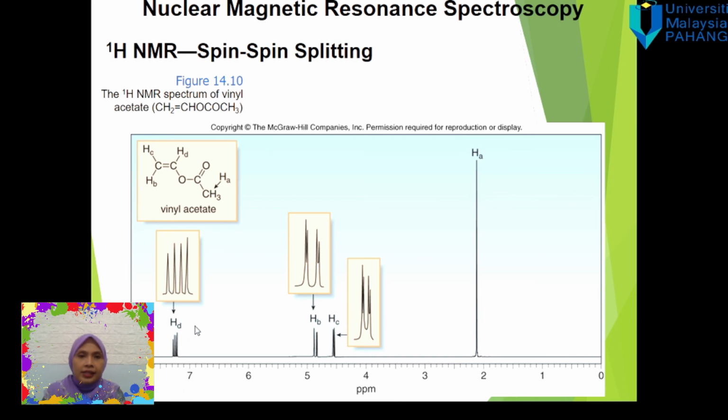And this is again an example for the splitting pattern. You can try, which I just showed you, HA. How can we determine HA? Is there any neighboring proton outside? No, because there is no neighboring proton. So the signal becomes a singlet. For HB, HC, and HD, because of a double bond, all are considered to be in different environments. HB, the signal comes from